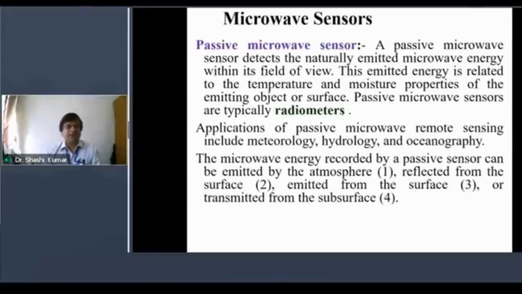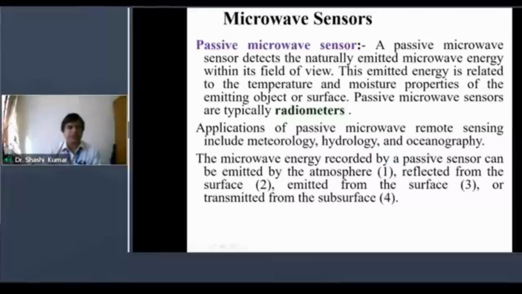The microwave energy recorded by a passive sensor can be emitted by the atmosphere, reflected from the surface, emitted from the surface, or transmitted from the subsurface. So with the help of the radiometer dataset, one will be able to do the information retrieval of different features based on the emitted energy. Passive microwave sensors are also used for different applications, but they have very useful applications in meteorology, hydrology, and